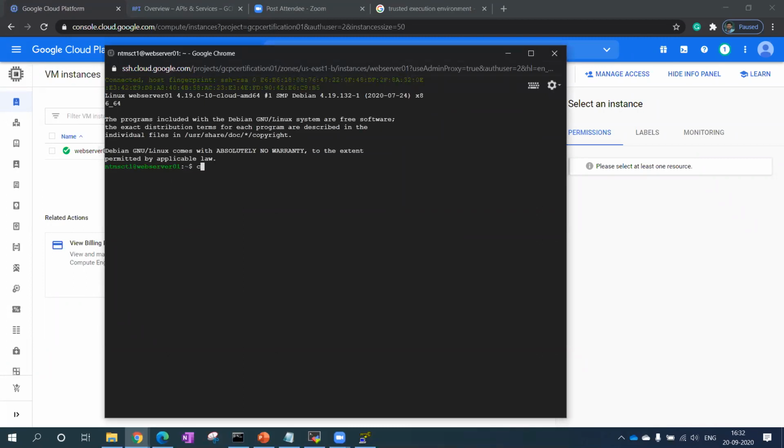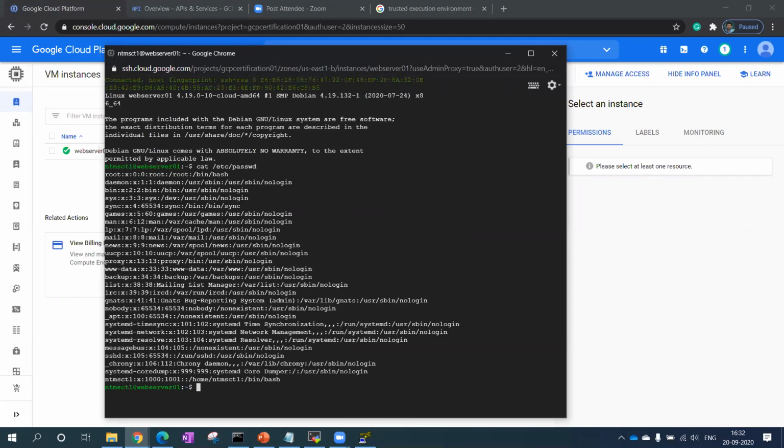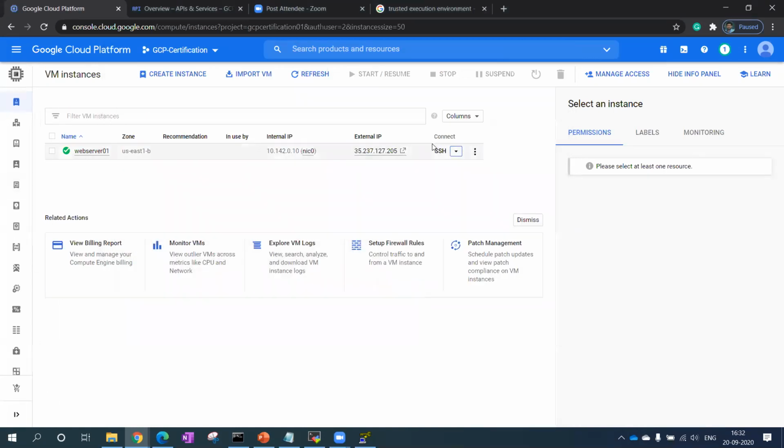So, cat /etc/passwd. See the last line over here: these are all the user IDs you can see. These are default user IDs. But when I launched this VM, I didn't have any user account. So what it does is that this VM took my Gmail ID and, using the Gmail ID, created one account inside this VM. Now take the example that I want to access this VM from outside, using any kind of SSH client.